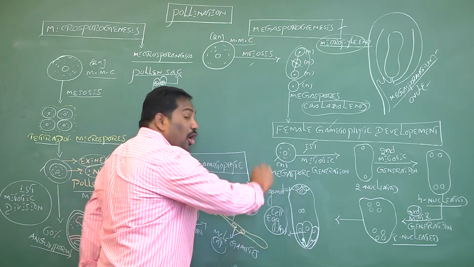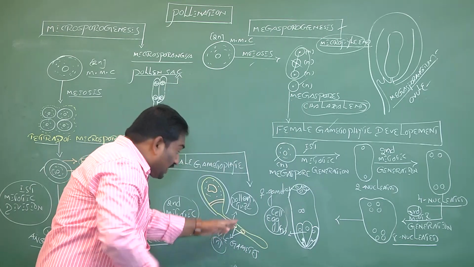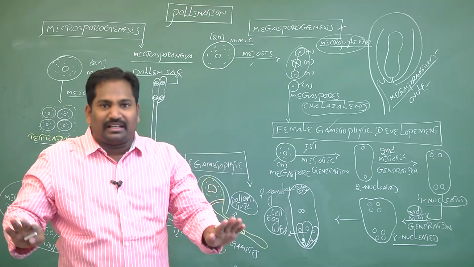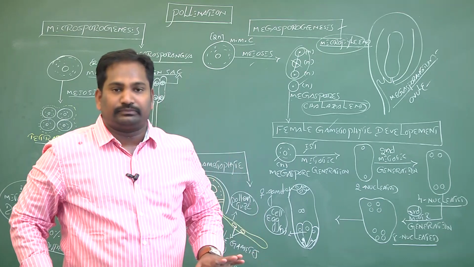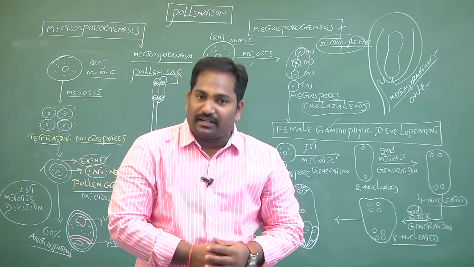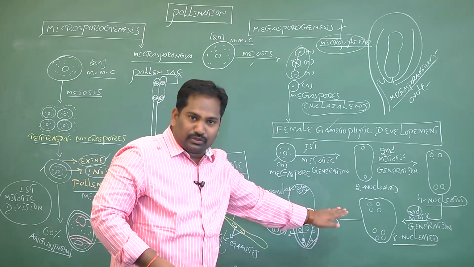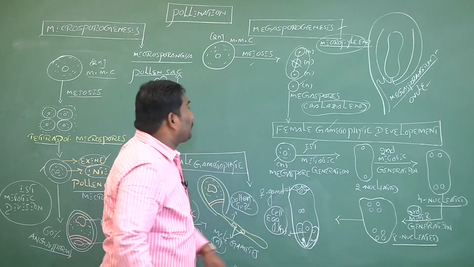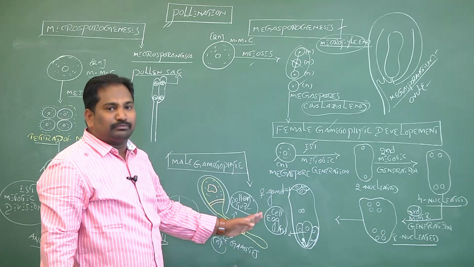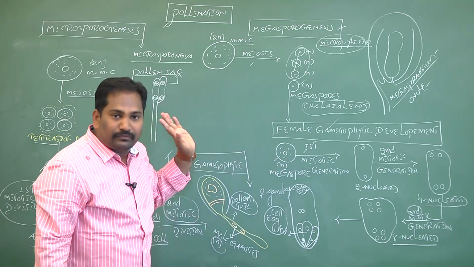It is also non-motile. In angiosperms, or flowering plants, male gametes are non-motile, and female gametes are also non-motile. How are these non-motile male and female gametes brought together for fertilization? This is the question in this concept. There is a specialized mechanism to reach this objective. The main way to fulfill fertilization in flowering plants is pollination. Pollination is one of the best mechanisms to ensure this.